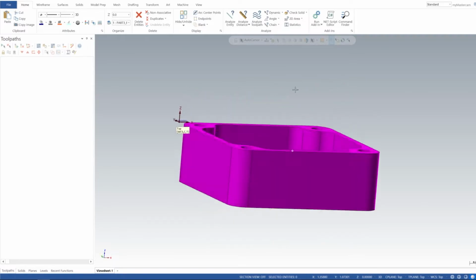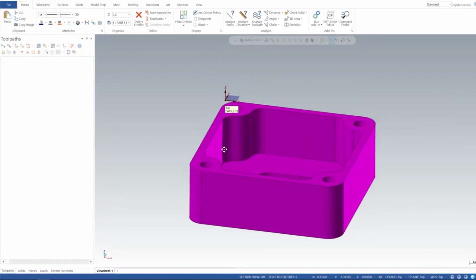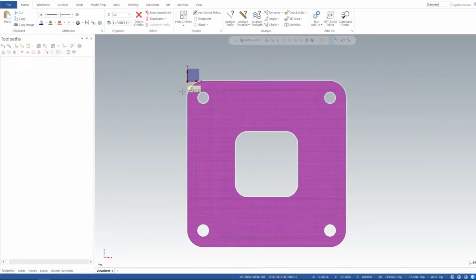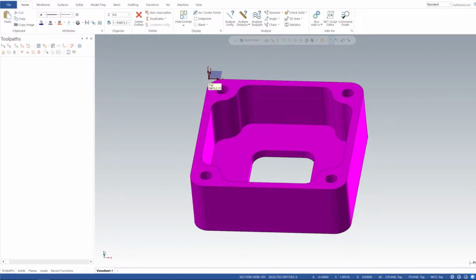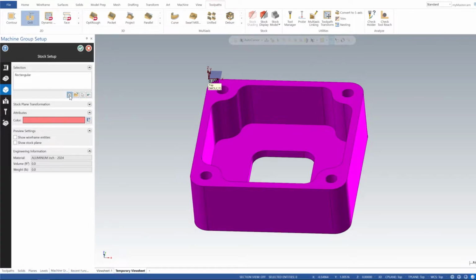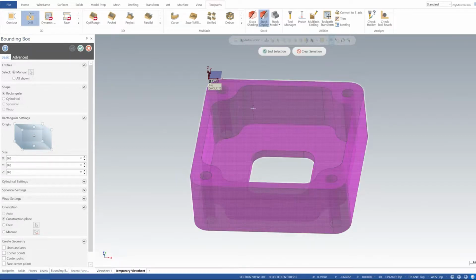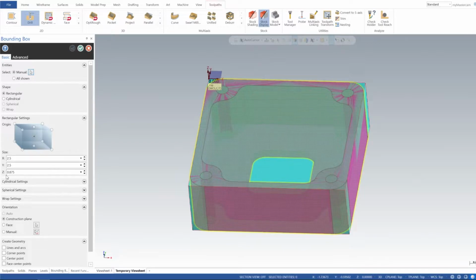So now our work coordinate system is off the top of our part and it's orientated correctly as well. So if we click top, we can see it's going to be the upper left hand corner of this part. So let's go ahead and go to our machine. Let's go to mill, let's select default, and then we're going to expand the properties over here and select stock setup. And for stock setup I'm going to select add bounding box, and then I'm going to select this manual, select the arrow, select our part geometry, our solid model, and then it auto-populated our